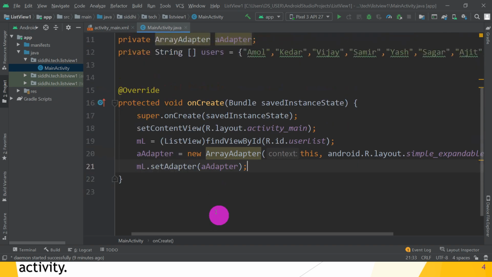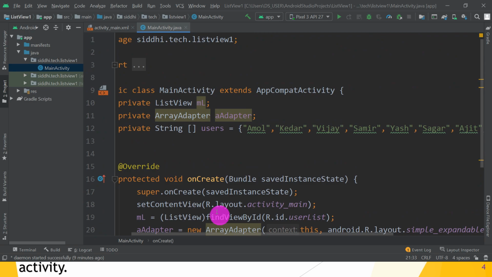Great. So now it's time to check whether it runs properly or not. Click on your run button. Wait for some time. Gradle building is running. After that, your app is installed on your emulator.